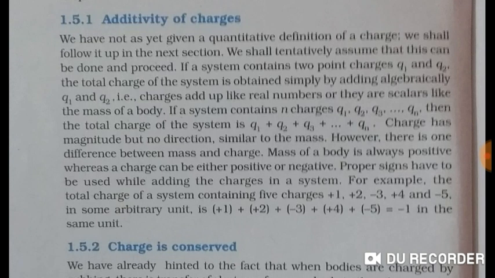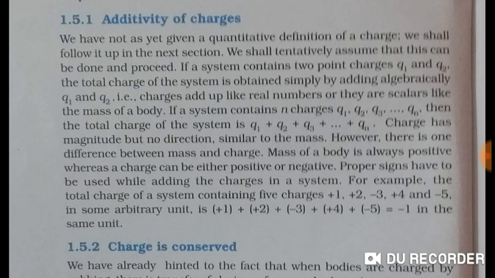1.5.1 Additivity of charges. We have not as yet given a quantitative definition of a charge. We shall follow it up in the next section. We shall tentatively assume that this can be done and proceed. If a system contains 2 point charges Q1 and Q2, the total charge of the system is obtained simply by adding algebraically Q1 and Q2, that is, charges add up like real numbers or they are scalars like the mass